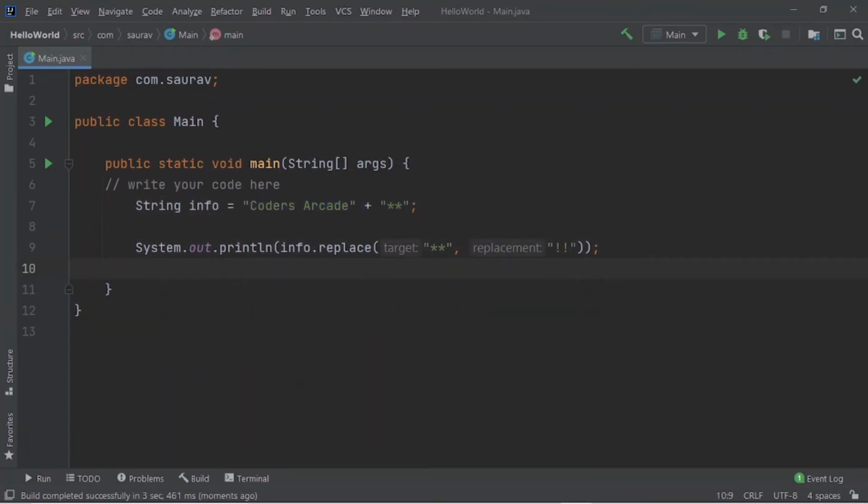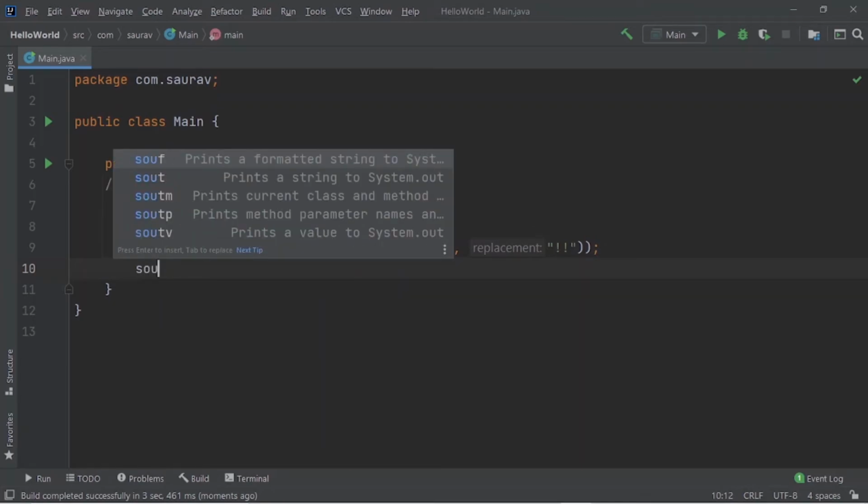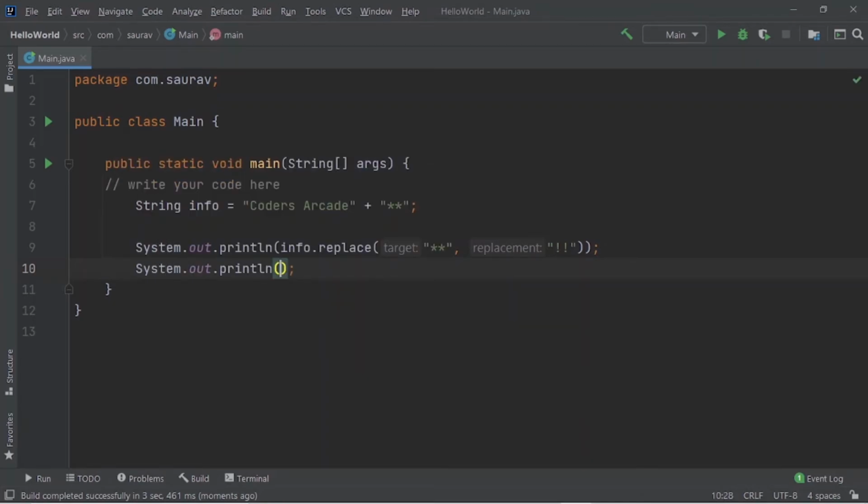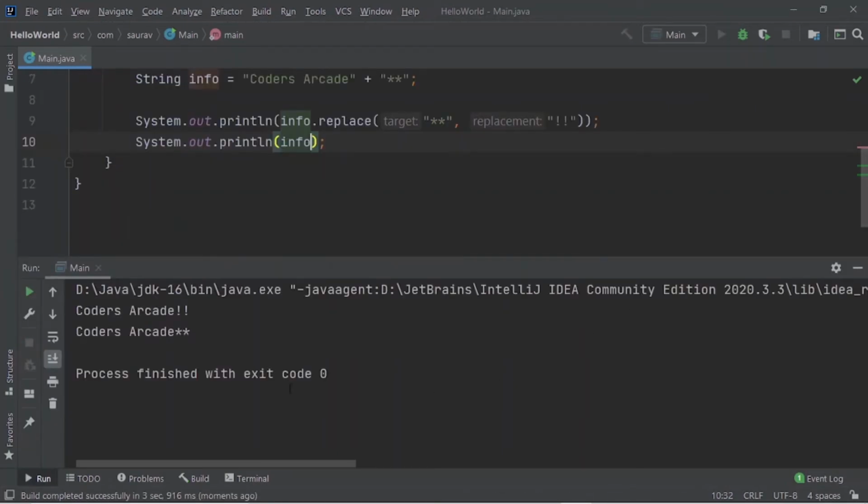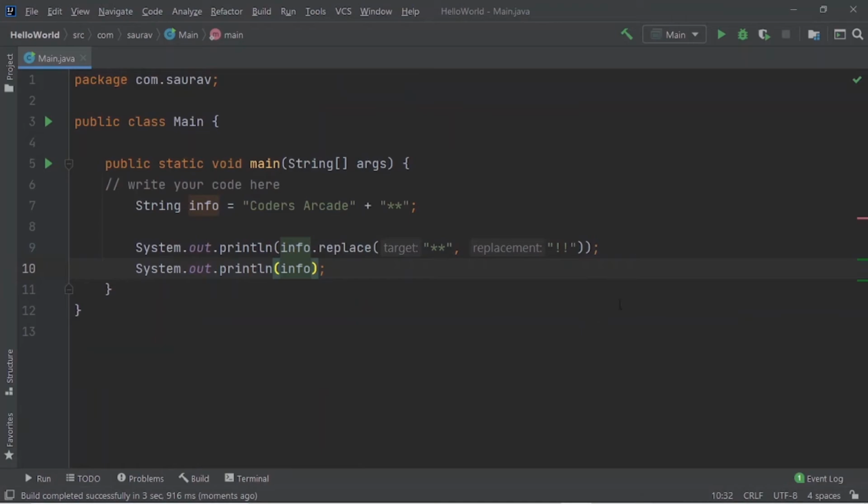Suppose I print my original string once again, sout tab. If I print info here and run this, you can see that is actually the new string Coder Circuit, and this was our earlier string Coder Circuit and two stars. So it means that every method or operation performed on a string provides a new string, a new output all the time.